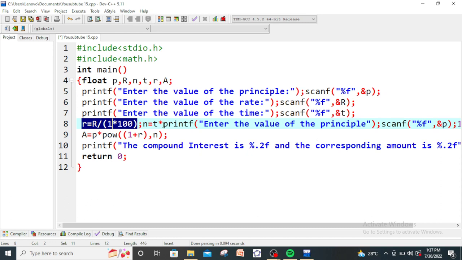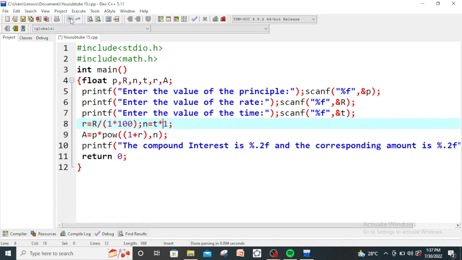here you see n equals to t into 1. This one also stands for the same, the number of times the compound interest is added. Since I have assumed annually, so here is 1, and t is the time, and